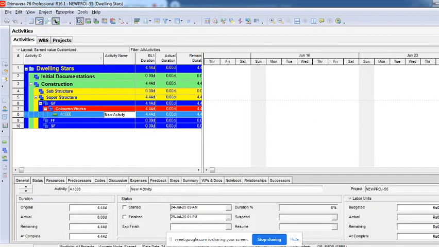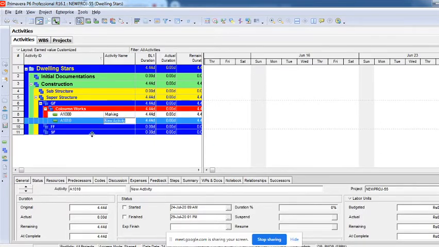Now what is an activity? An activity is something which has a single scope. For project and WBS, until you get a single scope, you will have to keep on creating WBS, right? Like for example, if I have to say marking of columns, and then probably I'll add one more activity.